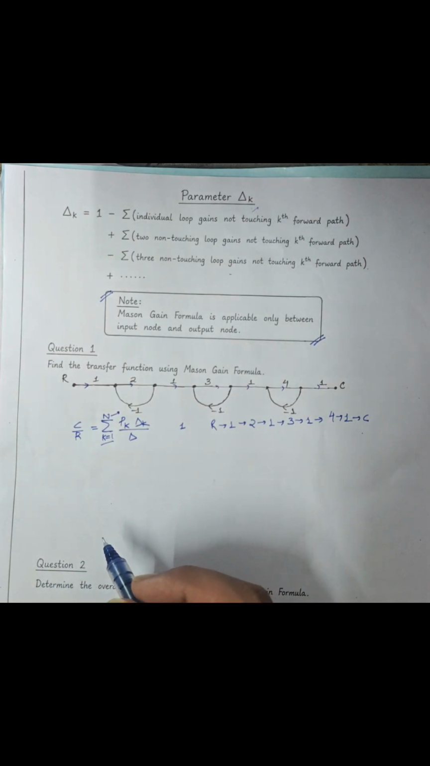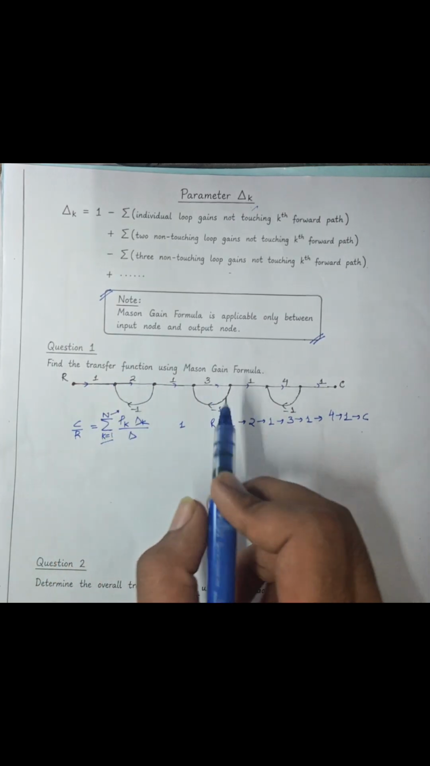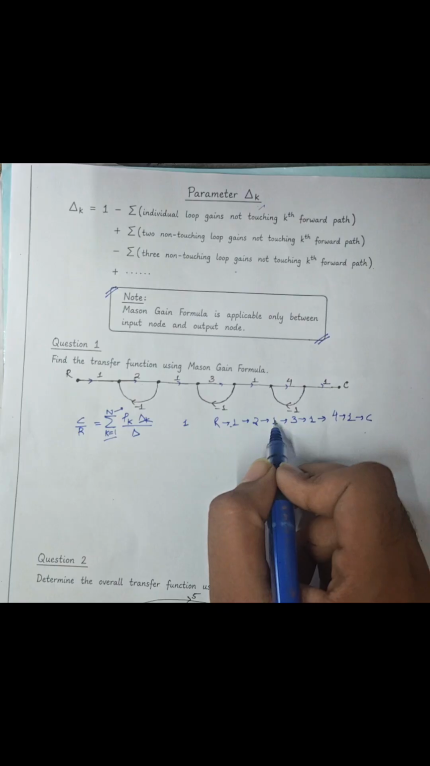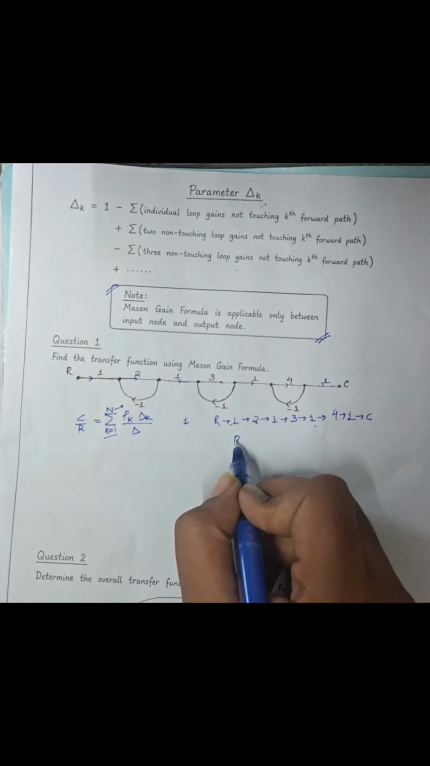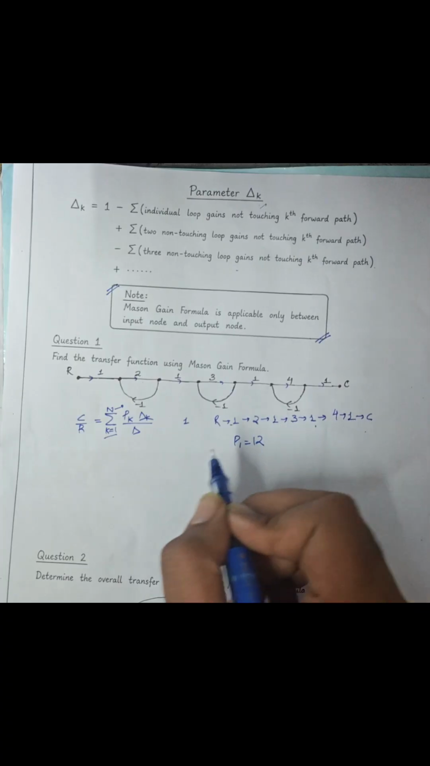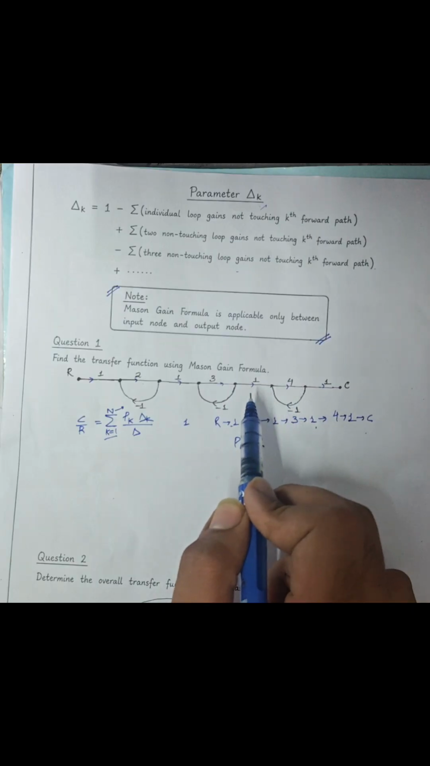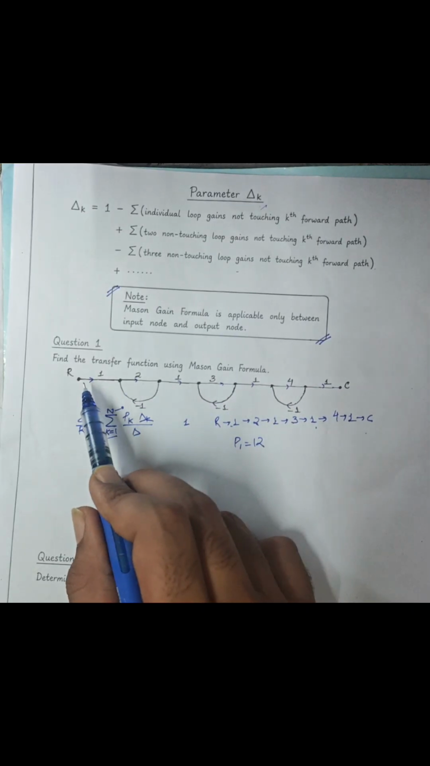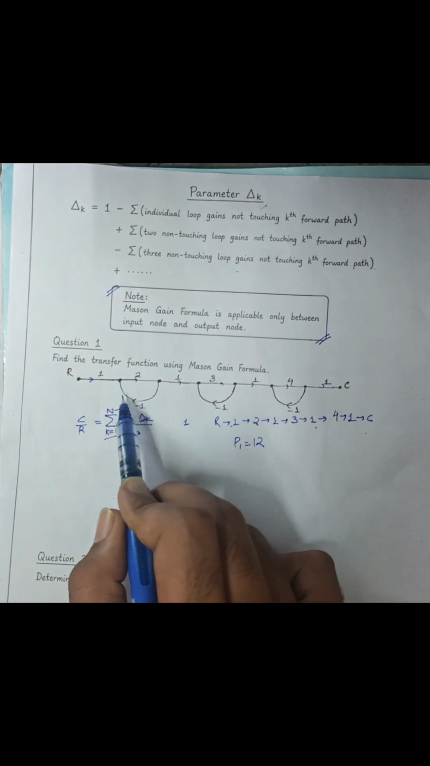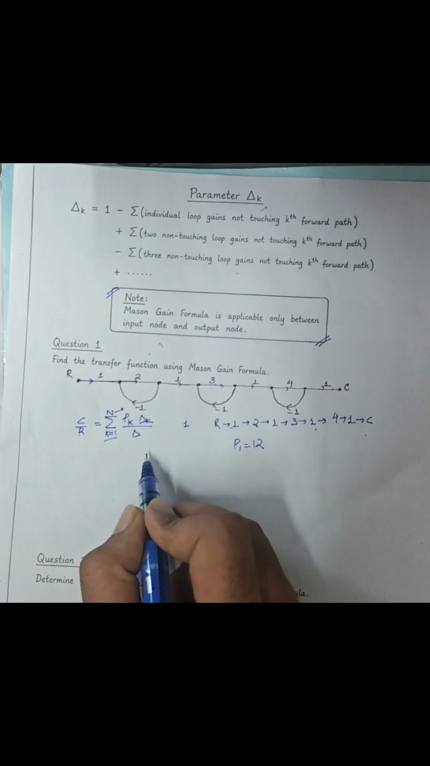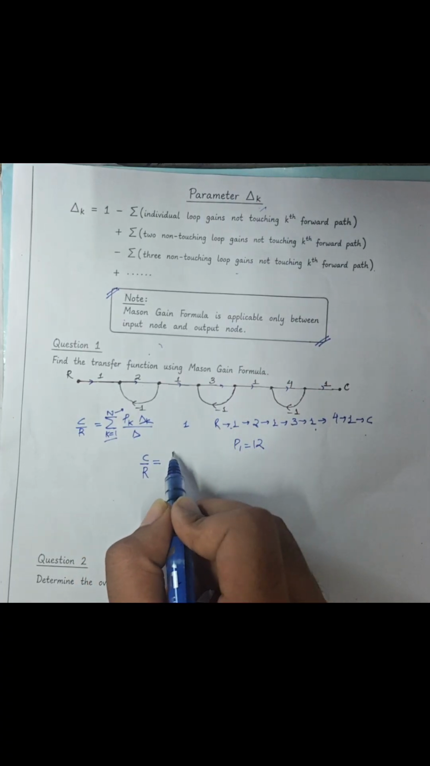How to calculate the transfer function using Mason gain? This is the forward path. We will calculate the forward path gain. It is equal to 1 into 2 into 1 into 3 into 1 into 4 into 1 into C. So P1 equals 12. Here there is no loop which is not touching the forward path. I have explained there is no such loop. This is the forward path and every loop is touching it. So how to calculate Mason gain? C by R equals P1, which is equal to 12,